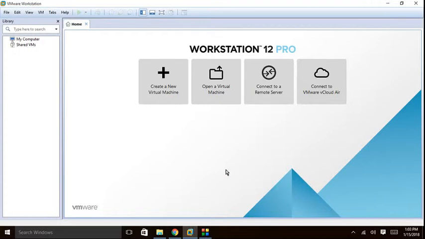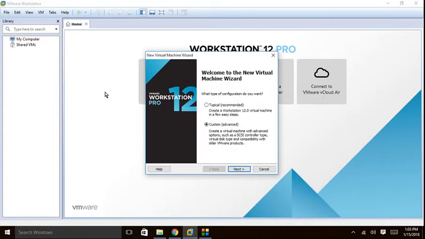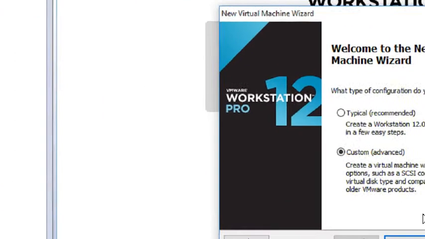As you open your software, that kind of screen will display in front of you. You have to click on create new virtual machine and just follow these steps which I am doing.